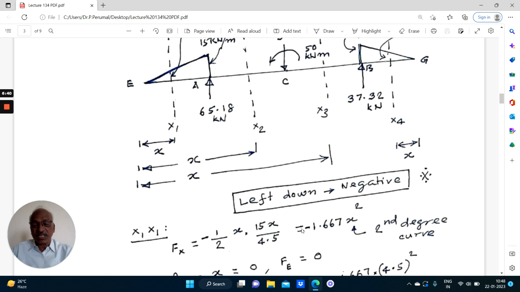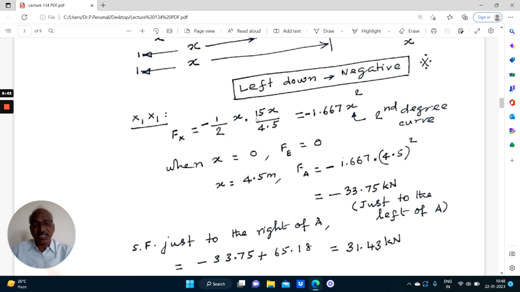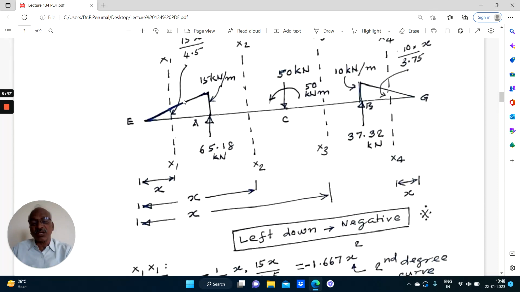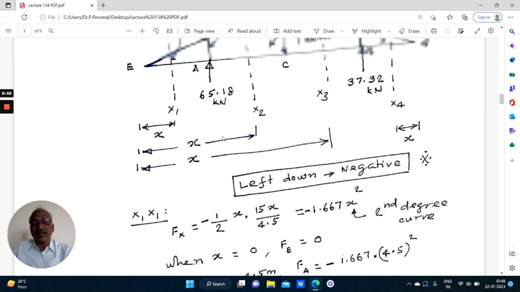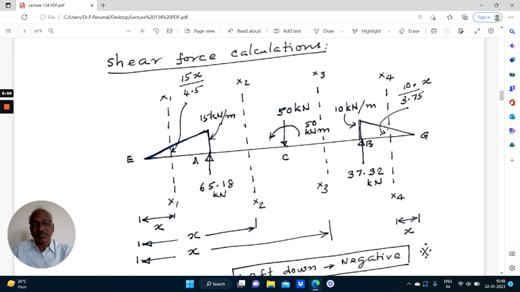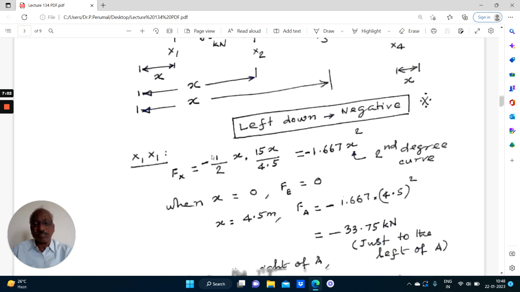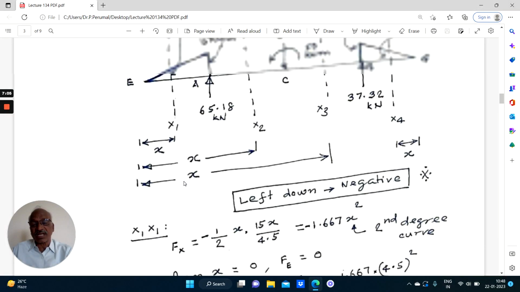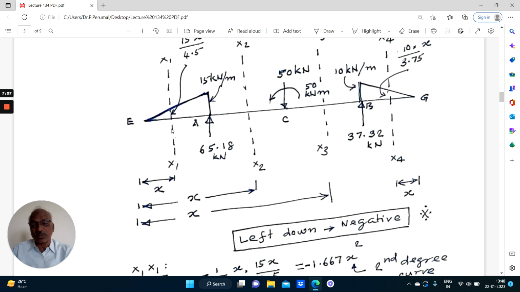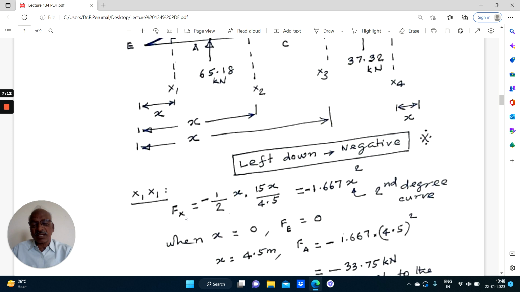If you are confident, this detailed calculation is not needed, because we know when it is a uniformly varying load, the shear force diagram will have a second degree variation. Therefore, straight away we can take the shear force just to the left by adding the total vertical force, or you can do it systematically. If you want to do it systematically, consider a section x1,